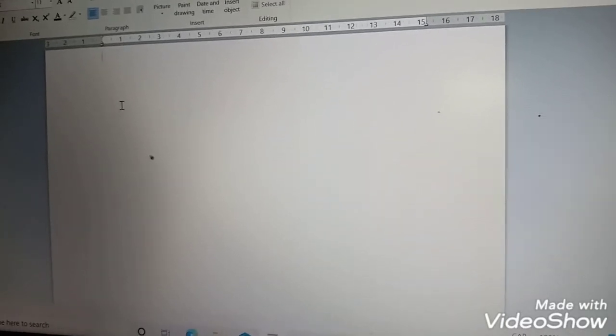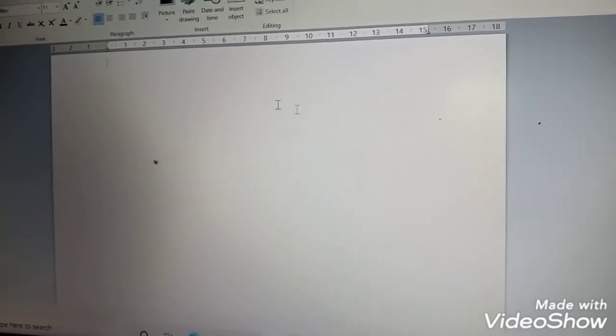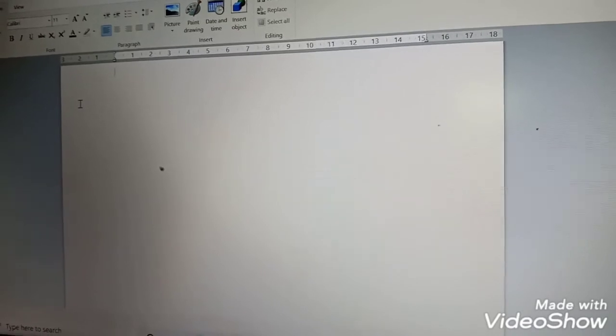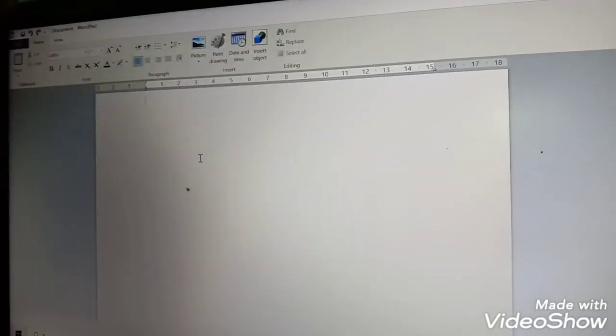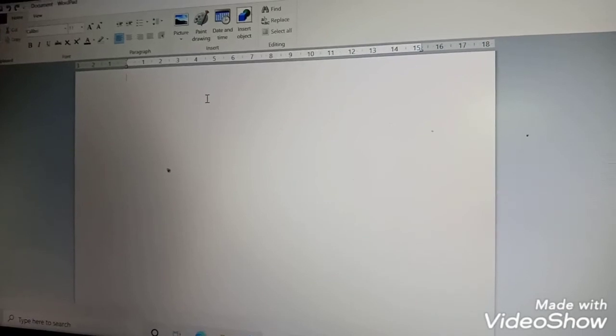Clear? What is WordPad used for? WordPad can be used to create simple text documents. This is the white screen area where you can type. A simple text document can be saved and printed. You can print it out also, or save it also. For simple text documents, we can use WordPad.